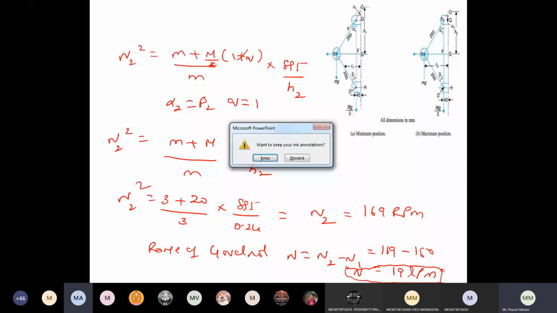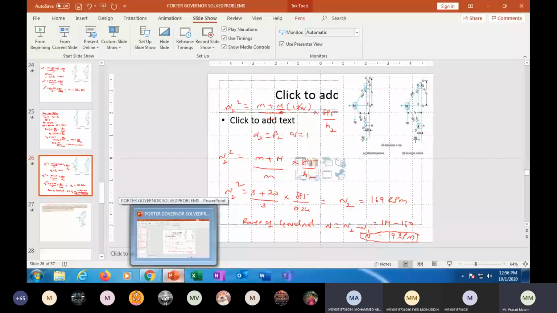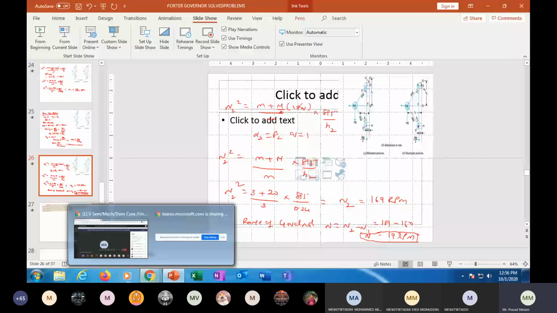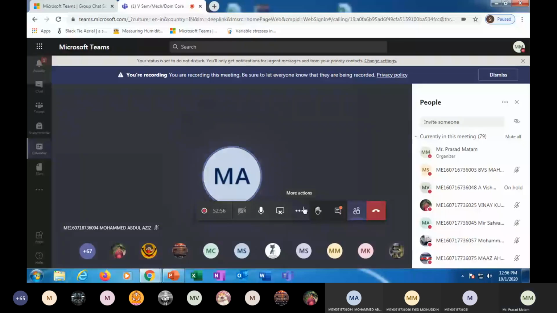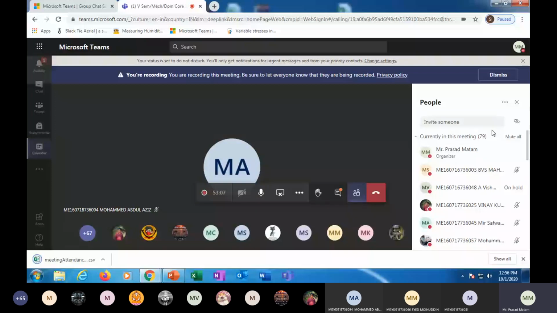Sir, is there class tomorrow, because of 2nd October? That I don't know right now. As of now, if it is cancelled, we'll inform you. Don't worry. If classes are cancelled, we can inform you. That is not a big task. But strength is very poor. Fewer students are coming day by day, only 79. Remember, guys, this attendance will be sent to the university automatically.